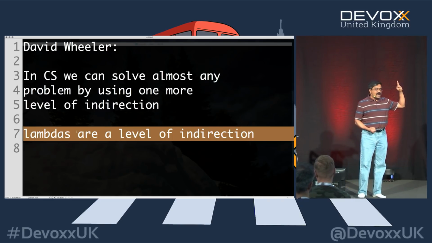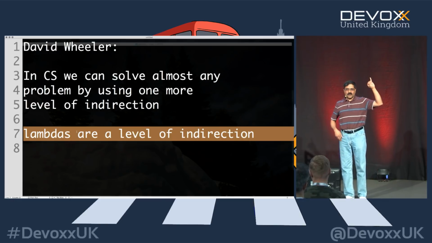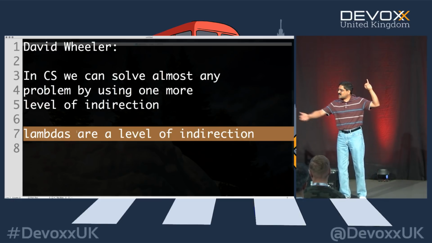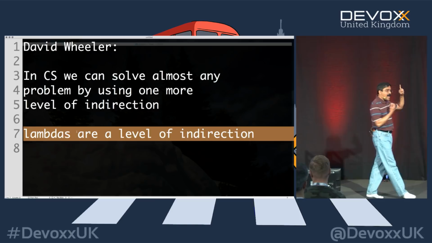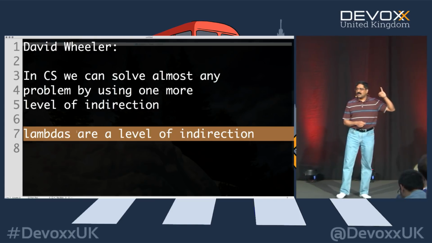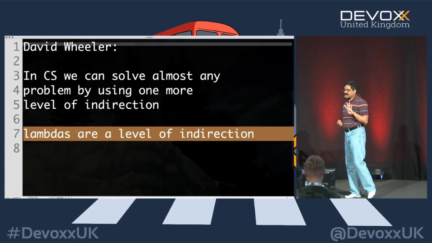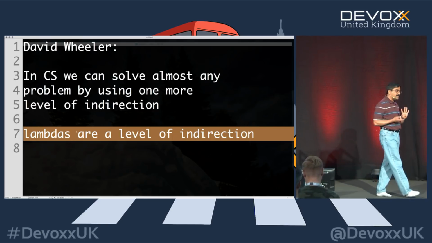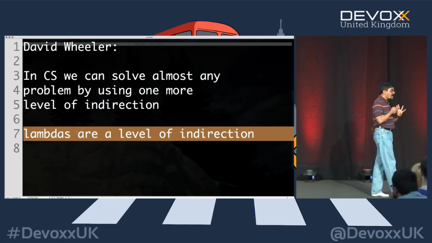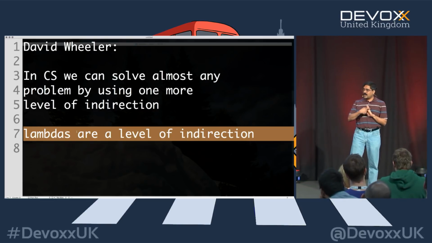Or he could say, I'm going to give it to the lady next to me. I don't really want it right now. He could pass this on to somebody else, much like you could pass on a lambda to some other function. Or he could just throw it in the trash and discard it. So there are 4 options when an apple is given or a lambda is given. You can call it right away, you can call it later, you can pass it around, or you can totally discard it.